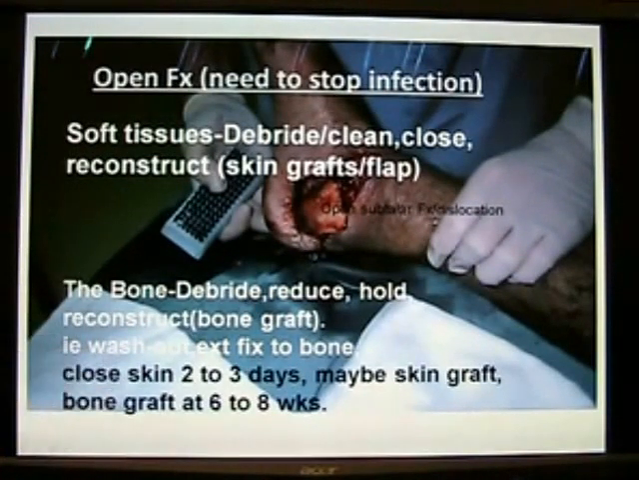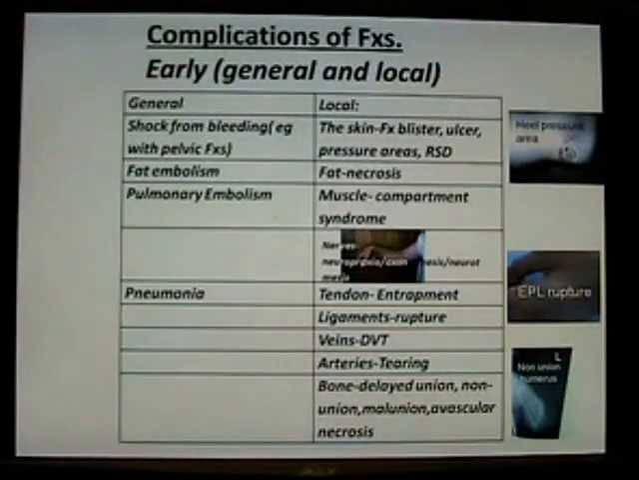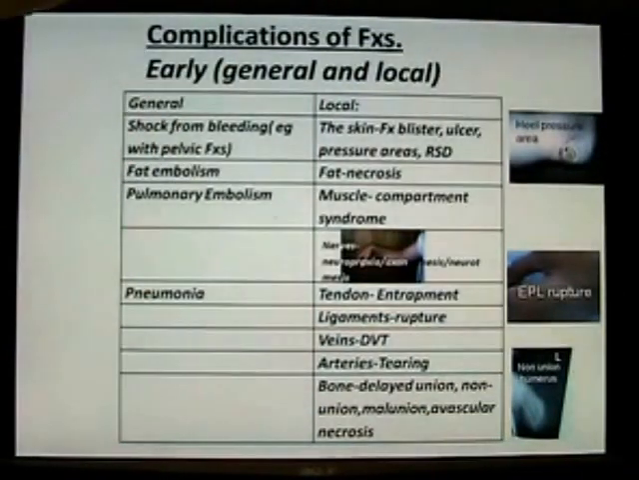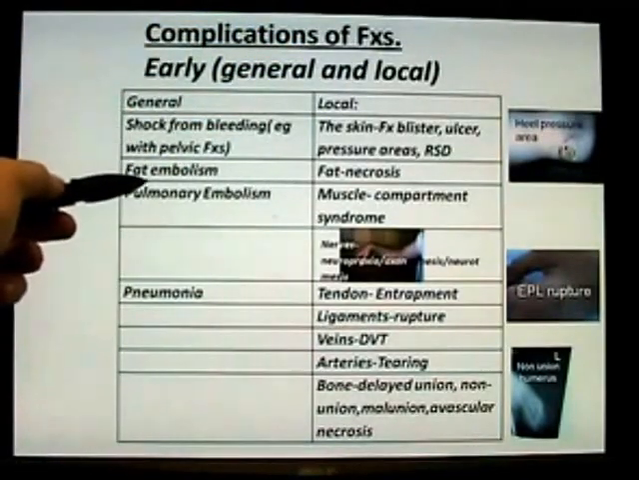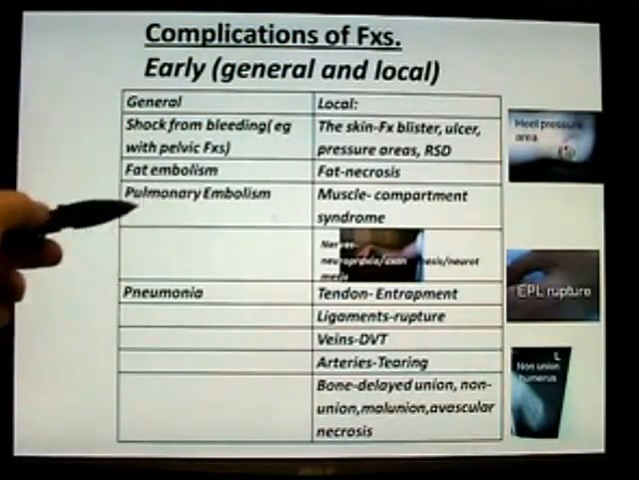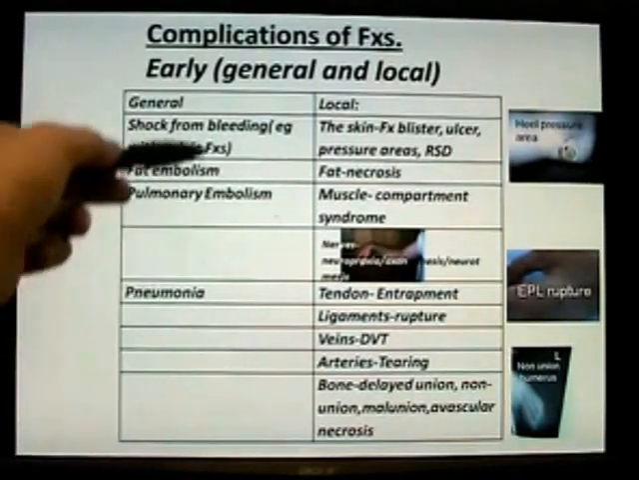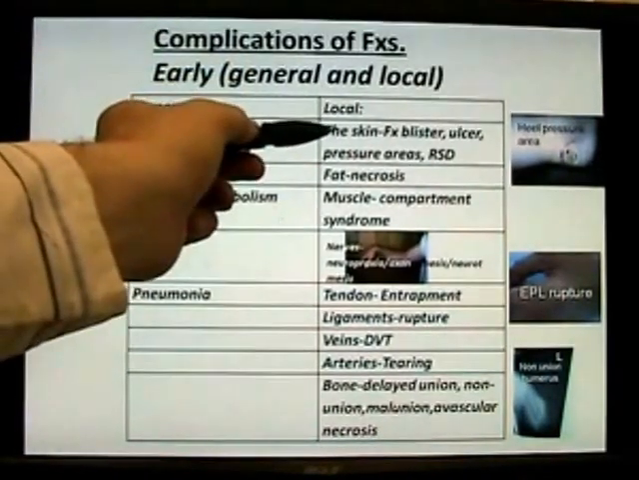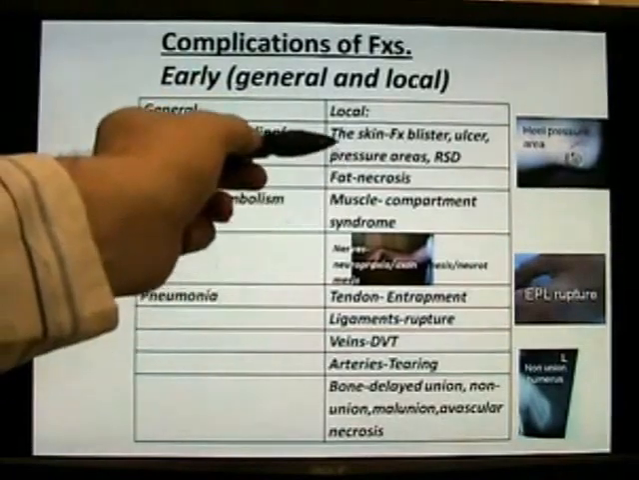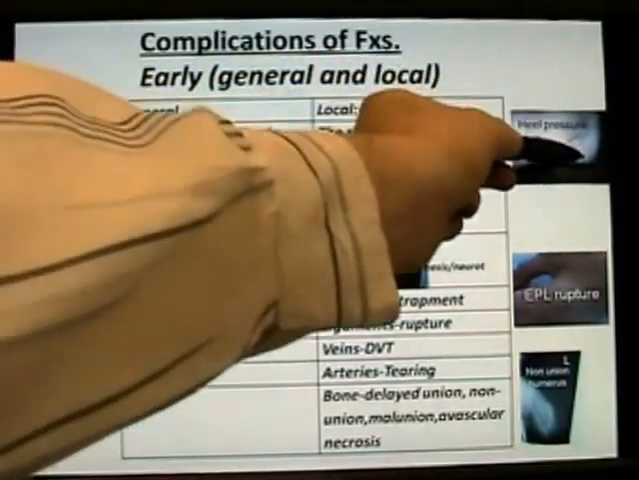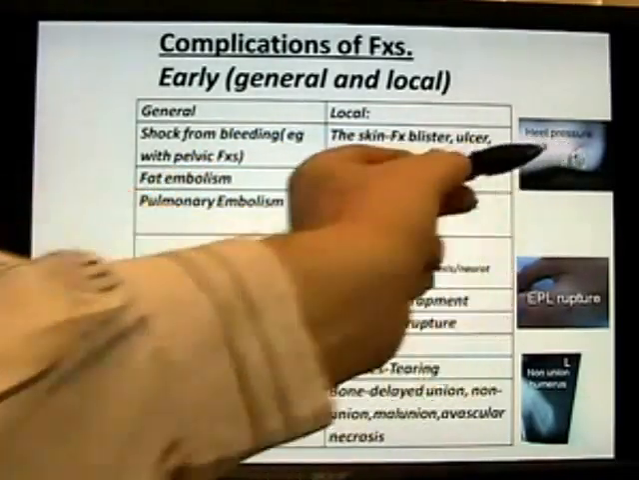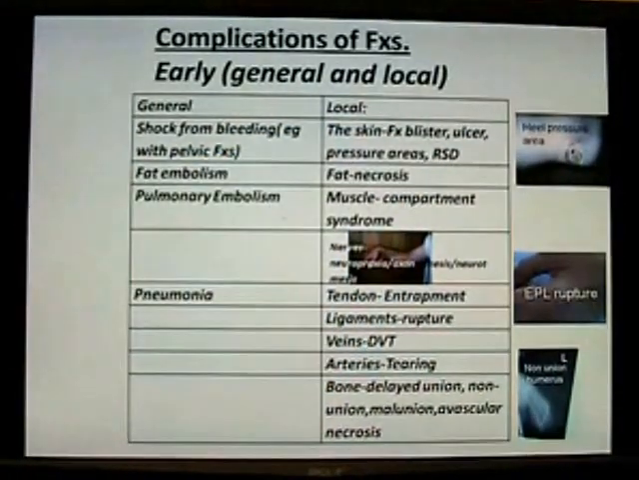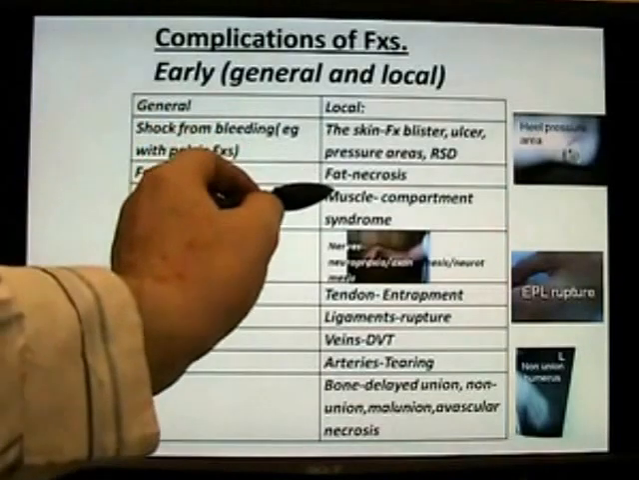In this way. Complications of fractures. Well, there's early and late. Here are the early, general and local. General, shock from bleeding, fat embolism, pulmonary embolism, pneumonia. Local, from the skin down deep. The skin, fracture blisters, ulcer, pressure area here,